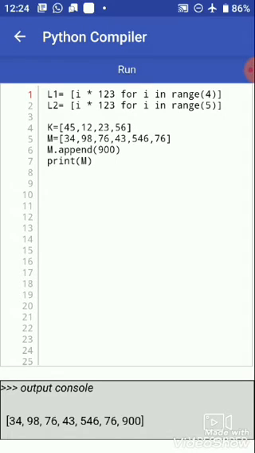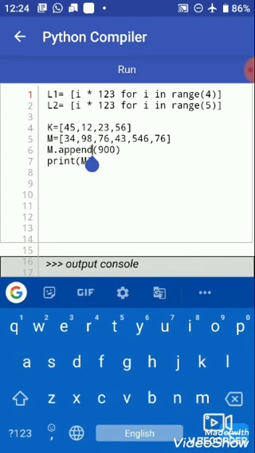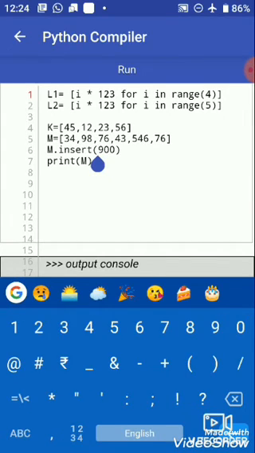We can also insert by using an index number. So for the insert method we write here insert. We want to insert it at the first position, so we use index 0. The first parameter is the index number and the second parameter is the item which we want to insert.